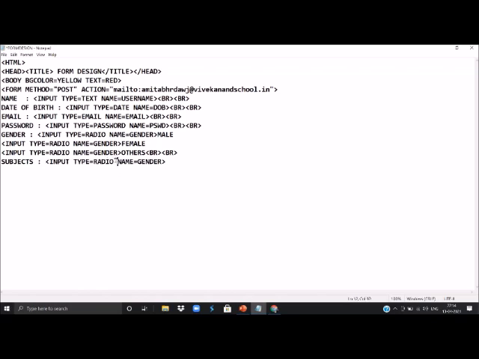Now here we will write checkbox, and name we can give as, any name, say subject. Here also the name property should be same for all the options.